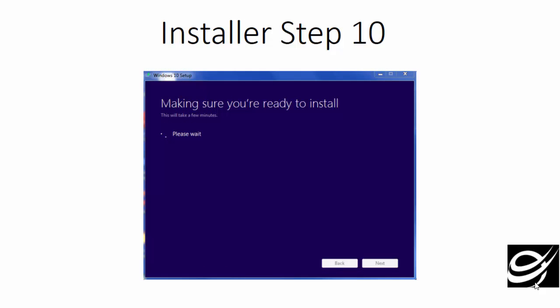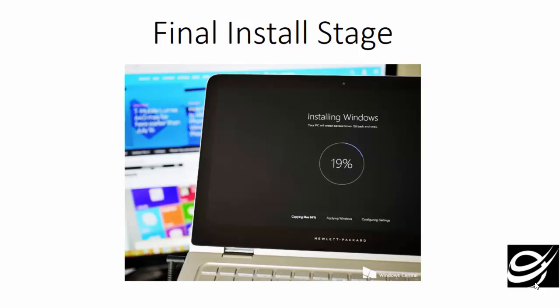Then it's going to make sure you're ready to install Windows 10. This will take anywhere from 20 to 30 minutes, though typically this part goes a little bit faster. In the final install stage, once it runs through that, it's going to reboot your device. Then you're going to see a black screen while it installs and copies your files. It will download the drivers and configure your settings. This will all depend too